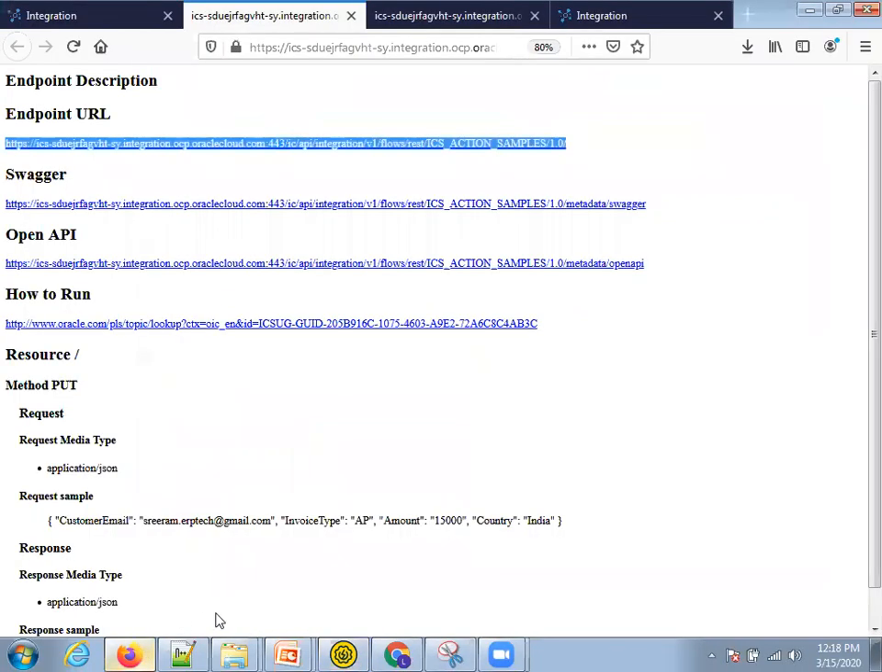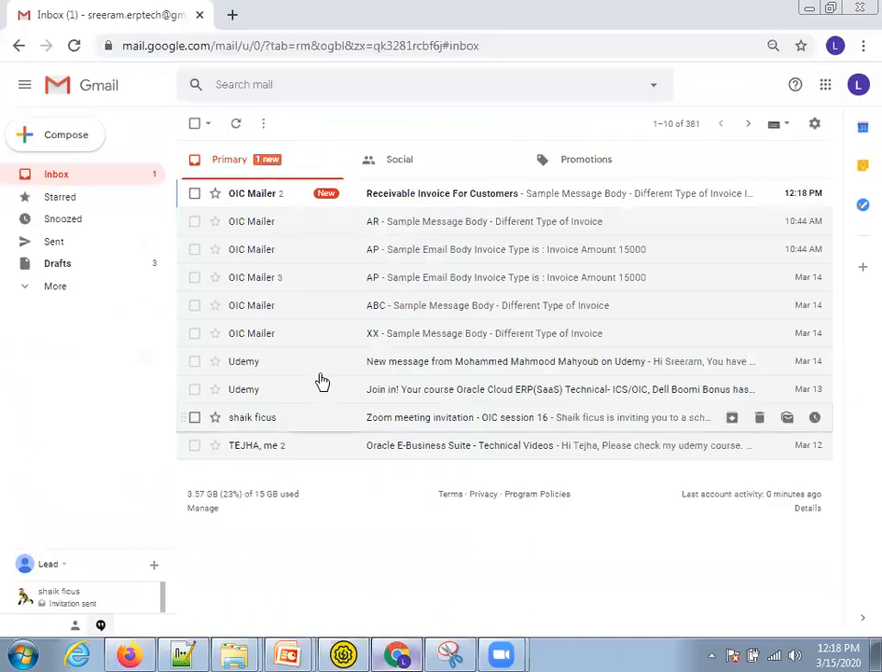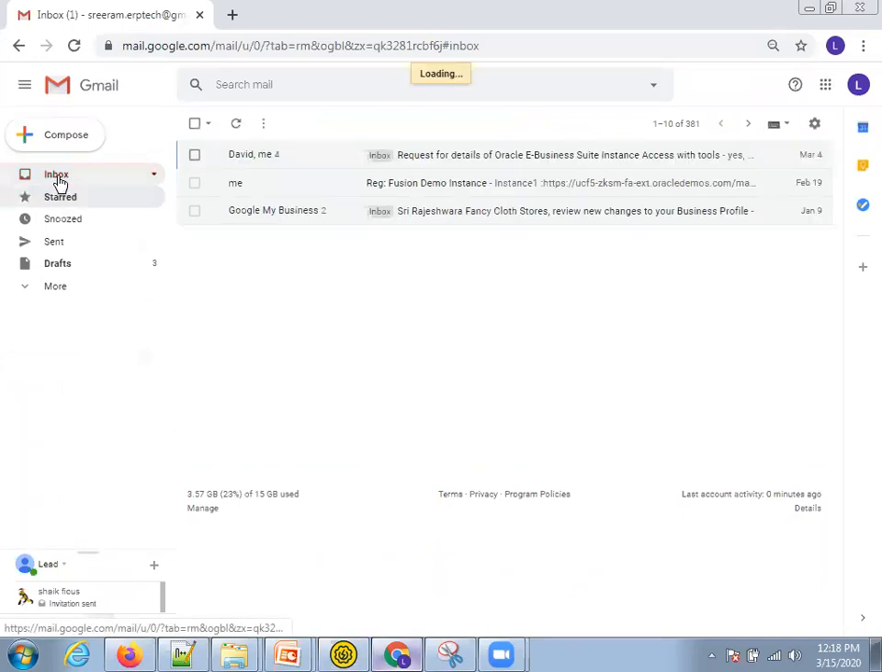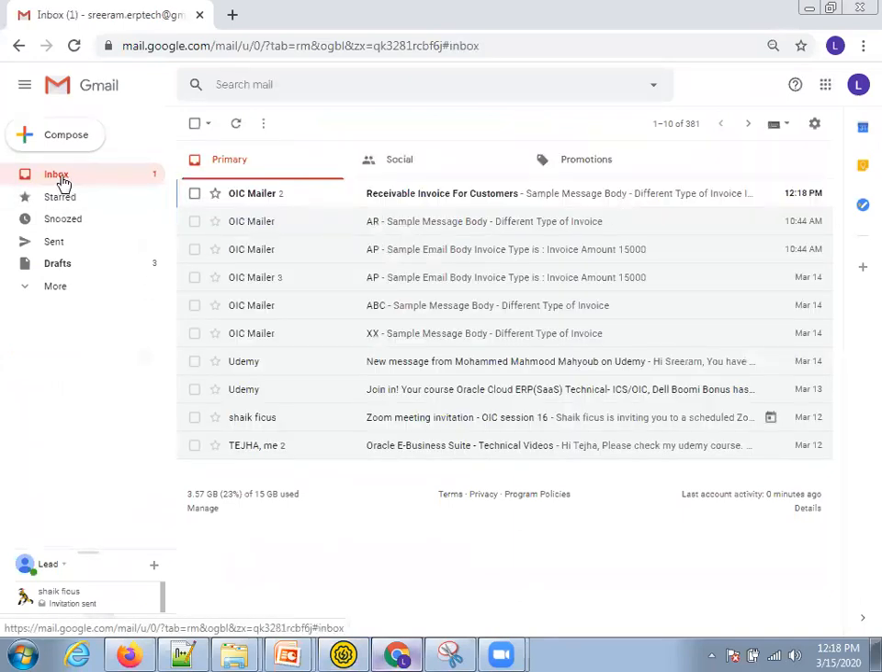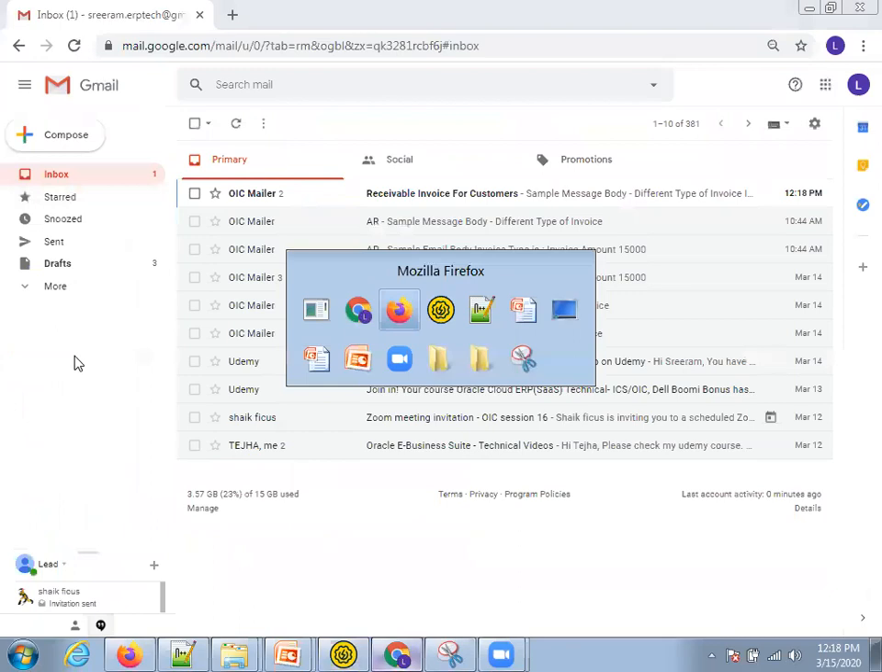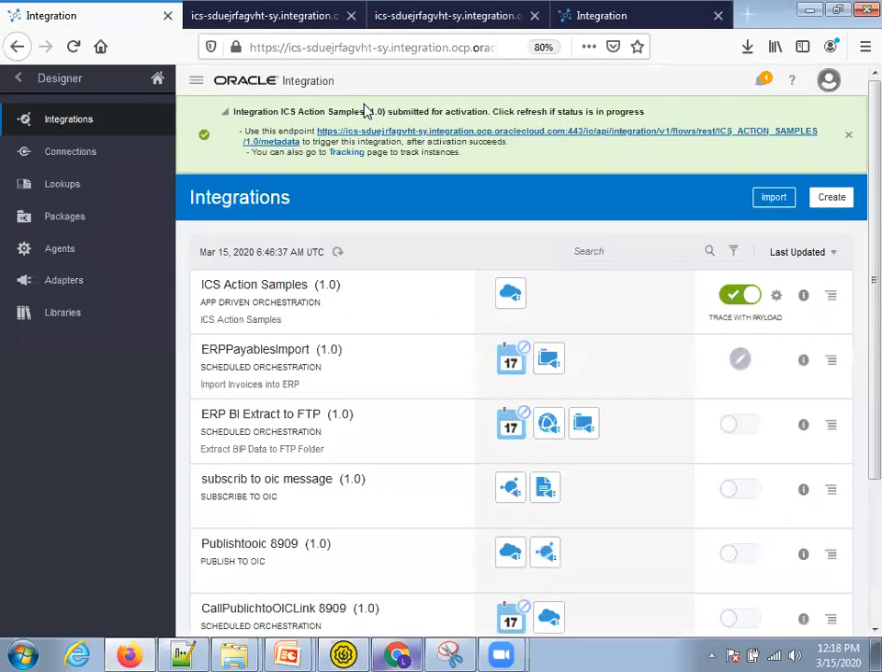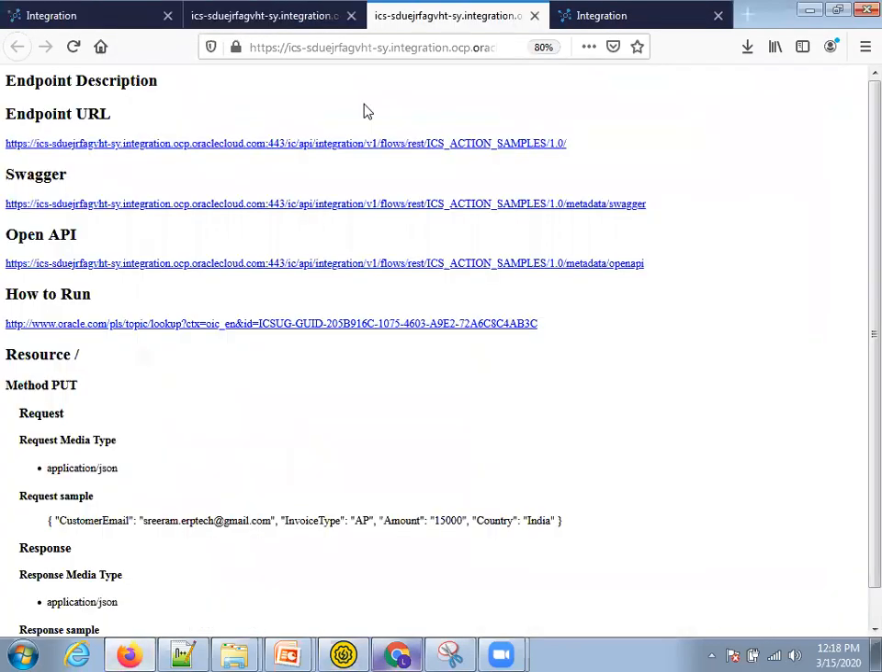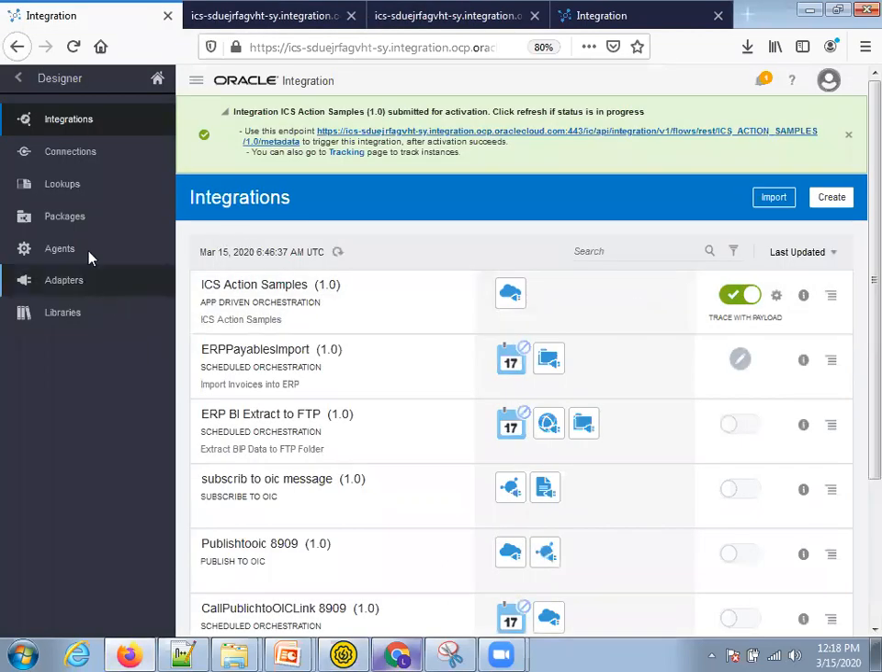And also what you can do, you should be able to receive the emails. Now here, if you observe the receivable invoice for customers, right? Maybe it will take some time to get refreshed. These are old mails actually. Okay, let's wait for a few seconds. You should be able to receive the emails. Now, before that, let me show you the map, show you this particular one, like, what do you call the monitoring one? Let's say I'll go to monitoring, click on tracking,